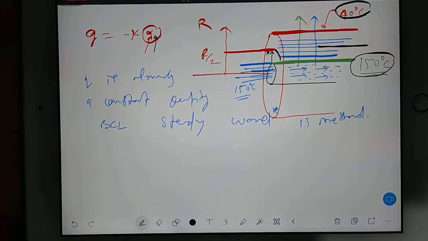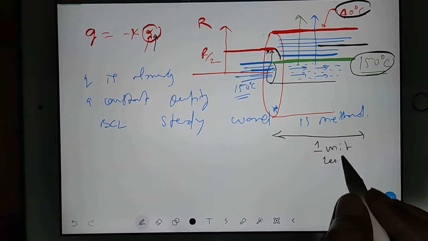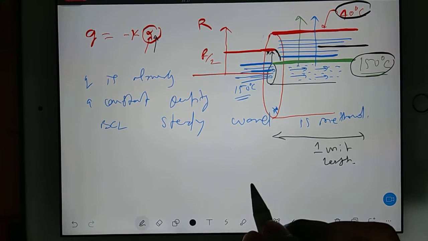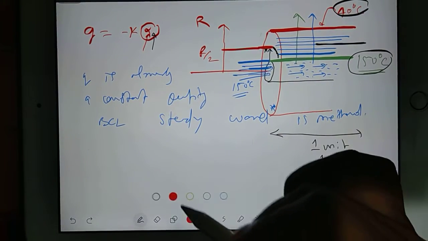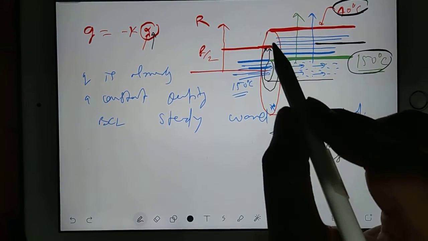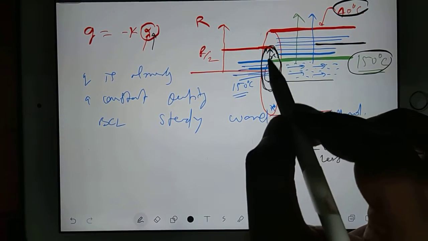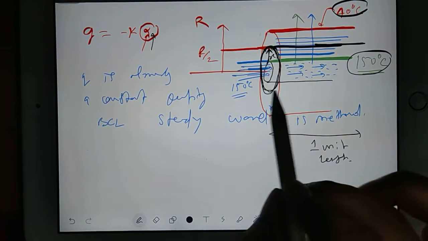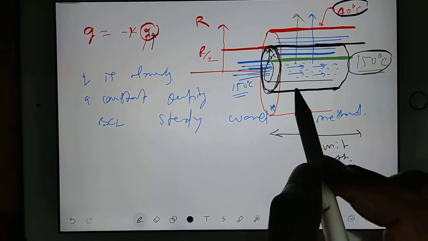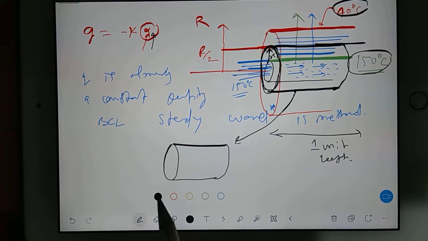Now we will consider this as unit length. So you try to understand, in this tube I will cut only this much portion. Here you have radius which is at any distance. Let's consider x distance. At x distance you have any radius. So at that radius, for unit length, if I go into the tube and cut out this portion and draw this portion, then you get my point.